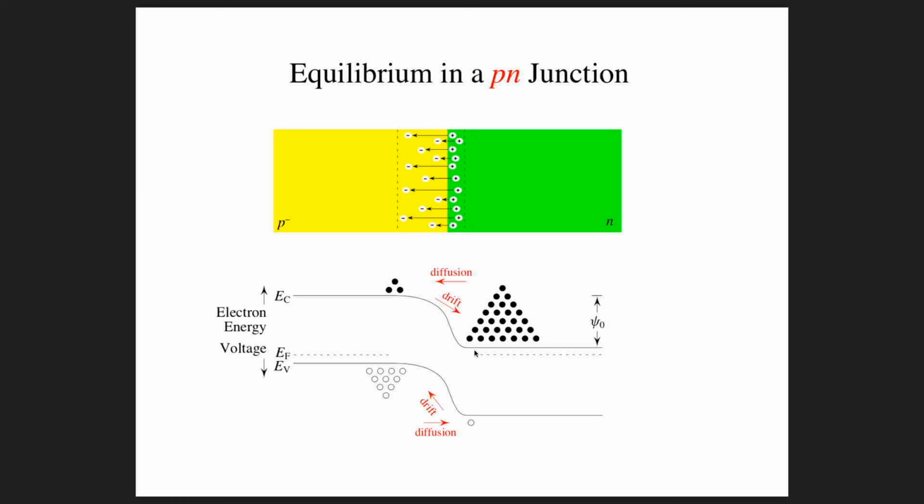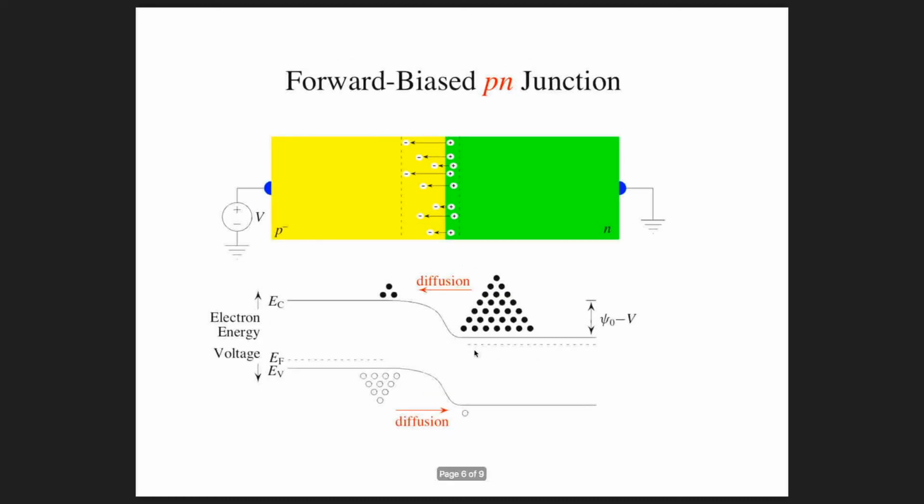They're balanced. And so if we were to apply a positive voltage, so we slap a contact onto this side and we slap a contact onto this side, and let's say we put ground on this side and we put a positive voltage here, what's going to happen is that we're going to be reducing that built-in potential by the amount of the applied voltage. And what that means is that there's going to be a reduction in the depletion region width and this electric